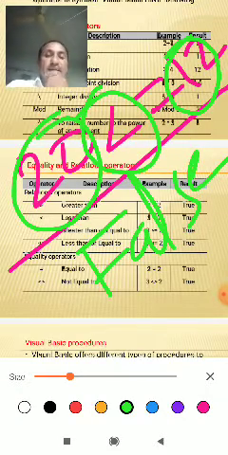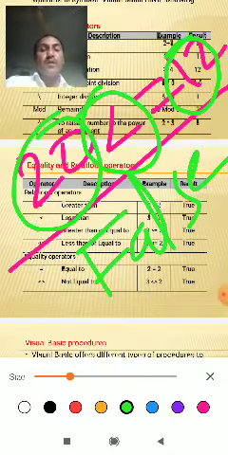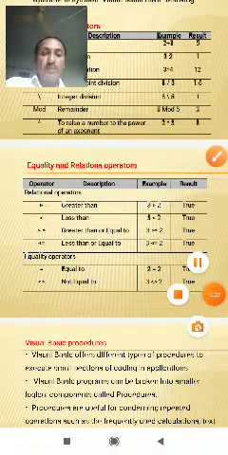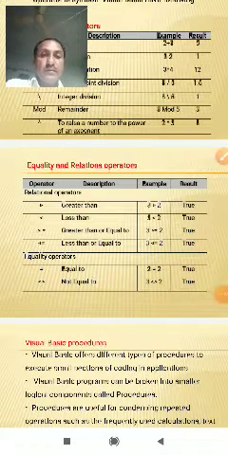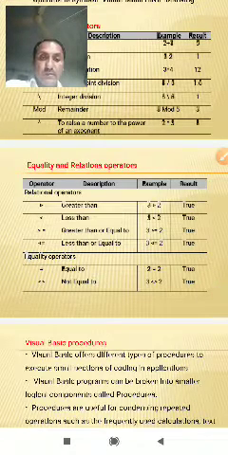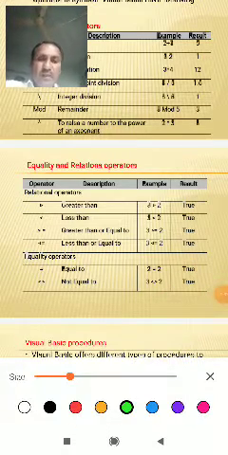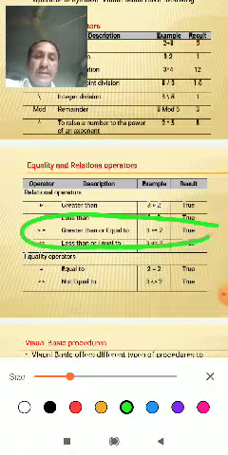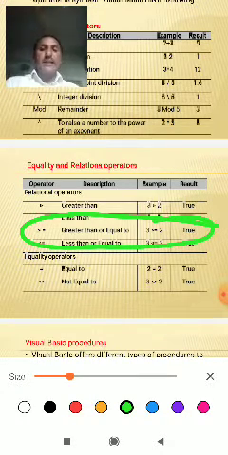So these are the conditions of comparison, less than or equal. So next one, greater than or equal.